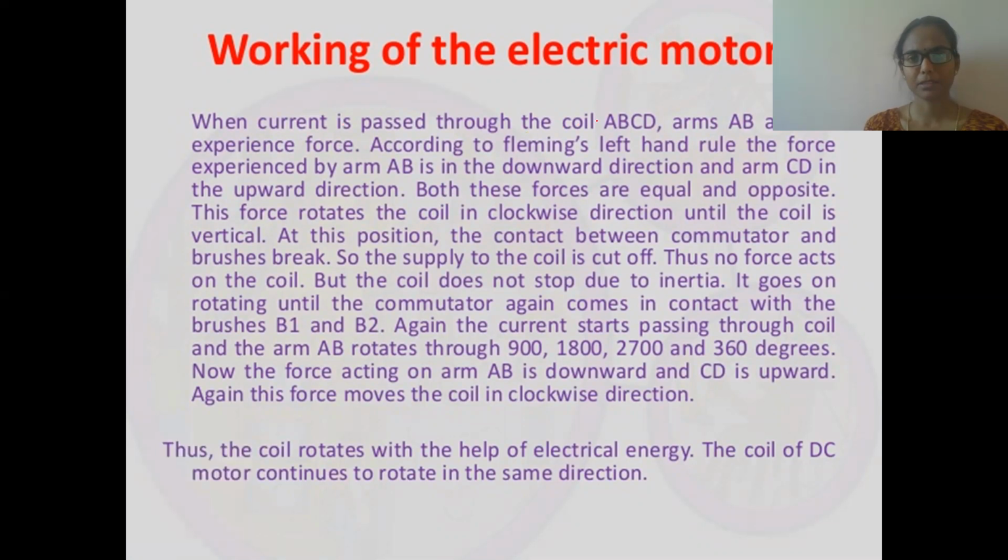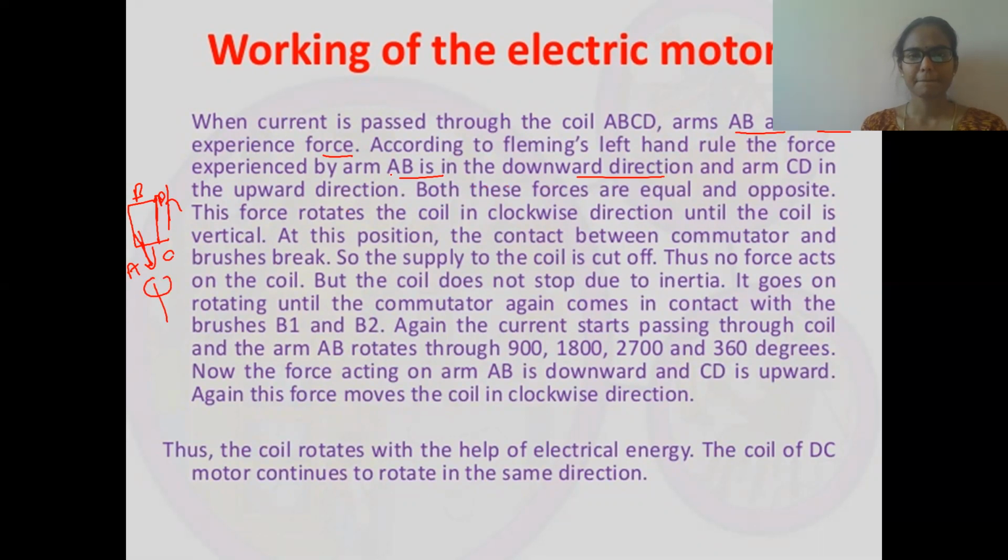When a current passes through ABCD, the arms AB and CD experience a force according to Fleming's left hand rule. I told you, left hand, when current is moving. When the magnetic field is moving from north to south and current is moving towards outside the paper, the force is upwards, or if you reverse the direction, it will go downwards. Based on Fleming's left hand rule, the force experienced by arm AB is in a downward direction. Let us take this as arm AB: AB will be downwards and CD will be upward. So one is pulling down and one is pulling up, so that it is going to rotate about some axis.